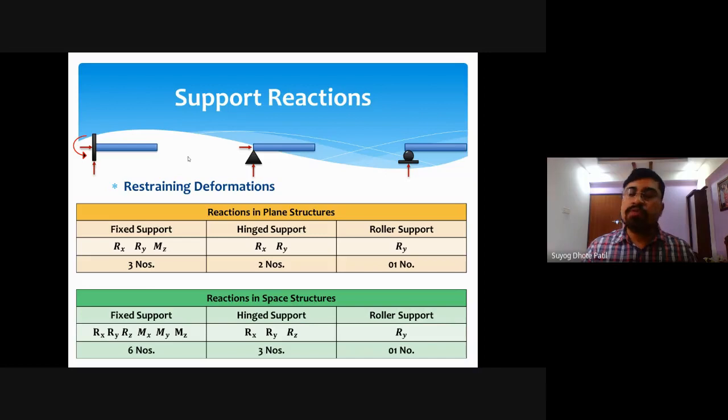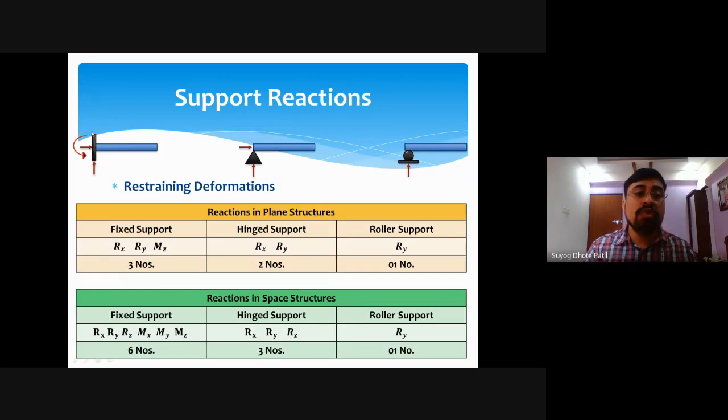So in that case, what will happen? This beam will try to shift to the left because this wall will be absent. Now, in the absence of this wall, if I apply a vertical downward force on this beam, this beam will swing downward. And if I try to rotate this beam in a clockwise or anti-clockwise direction, it will be possible. But in the presence of this fixed wall,